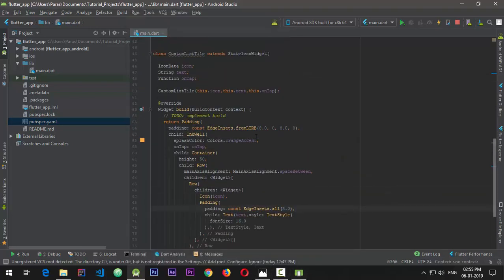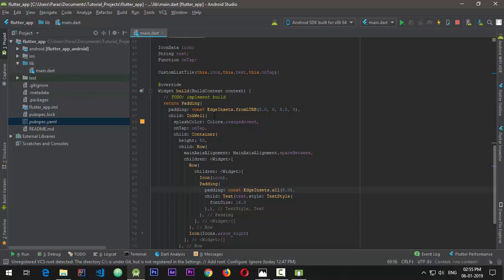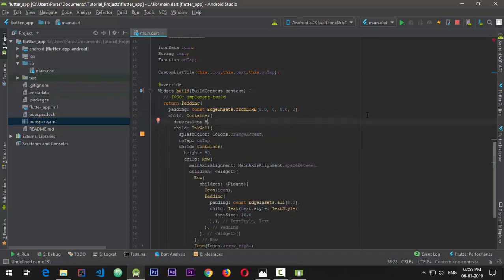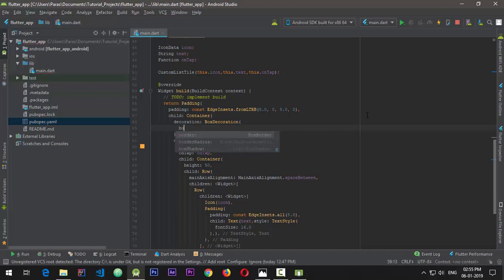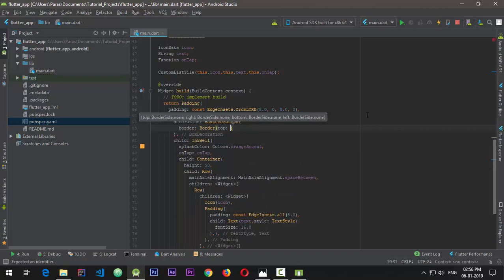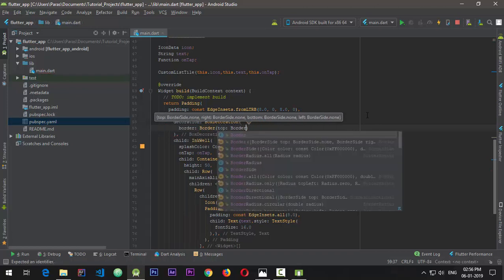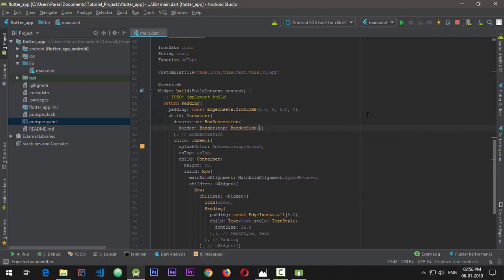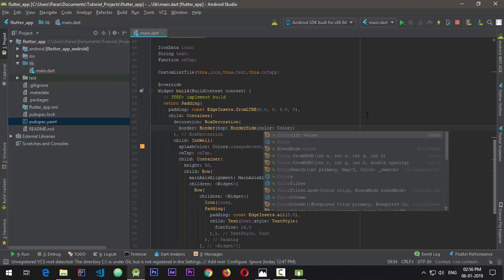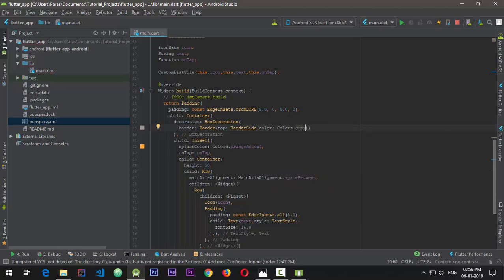So for that I'll be going to the Inkwell. I'll just wrap the Inkwell with a container, and I'll be adding a new box decoration. So box decoration does have a property called border. So in the border I'll be adding a new border that has a top that takes a border side, and I'll set the color to colors.gray for now. And when I save this,